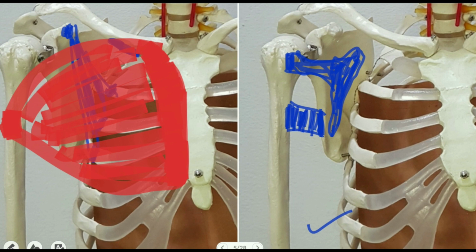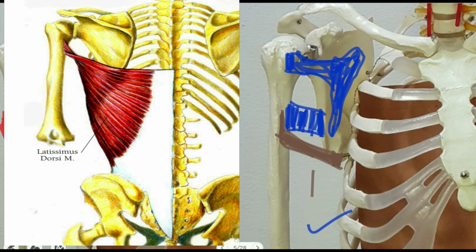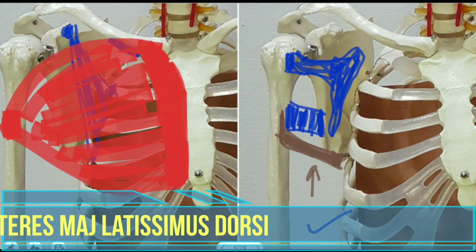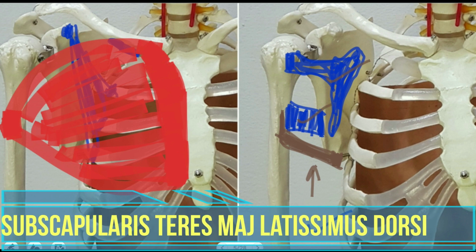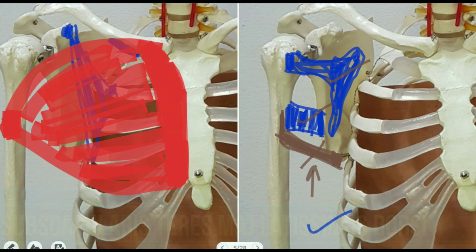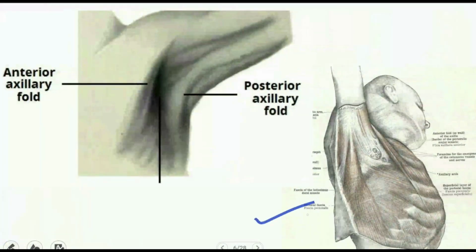The third muscle of the posterior axillary wall is the latissimus dorsi muscle. It has got attachment over the inferior angle of the scapula and it has got attachment over the floor of the intertubercular groove. So here we will have the third muscle of the posterior wall, that is the latissimus dorsi muscle. Keep in mind, latissimus dorsi is not just a small muscle, it's a big muscle of the lower back. So the subscapularis muscle, teres major muscle and this latissimus dorsi muscle, these three muscles will make the posterior boundary of the axilla.